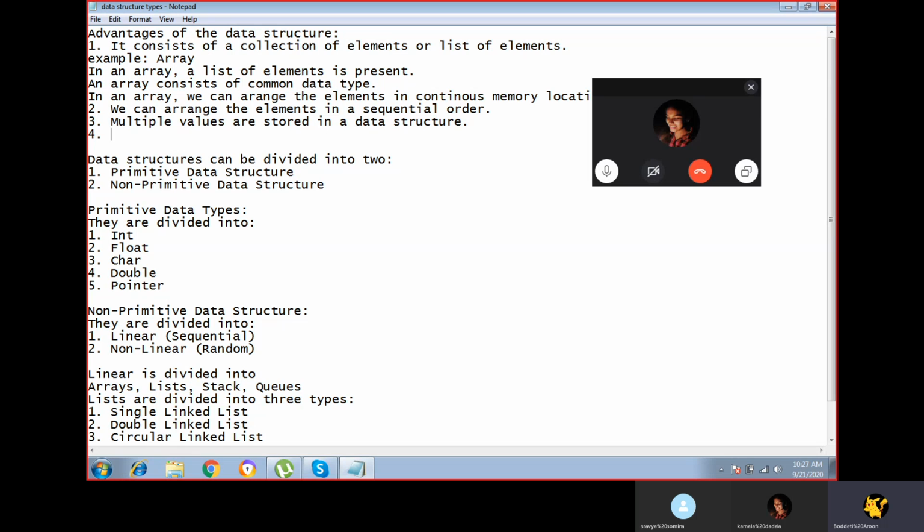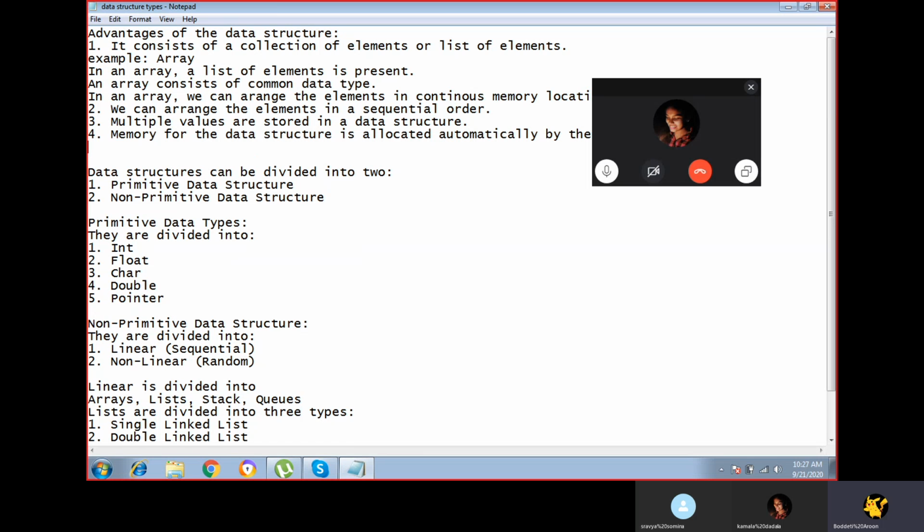And the fourth one is memory for the data structure is allocated automatically by the system. This is dynamic memory allocation.